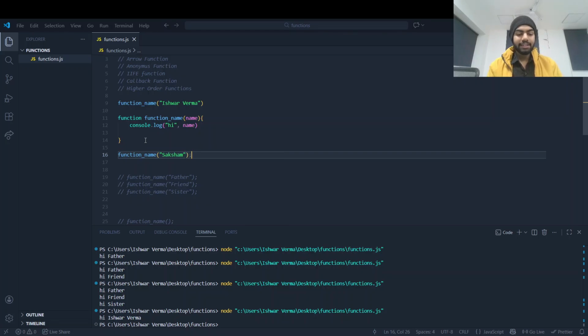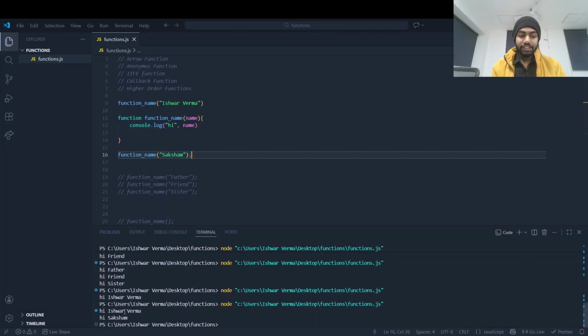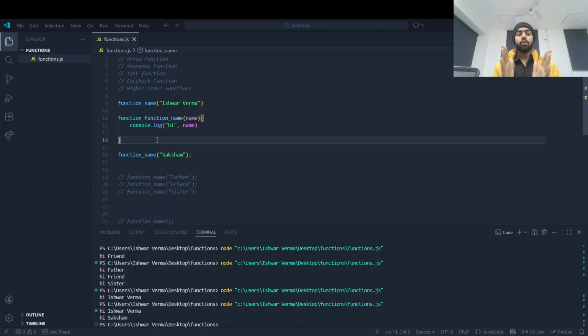Now you can see in our terminal, hi Ishwar Verma, hi Saksham. This is because when our program runs, our whole function body is created in memory, so we can call that function everywhere in our program.